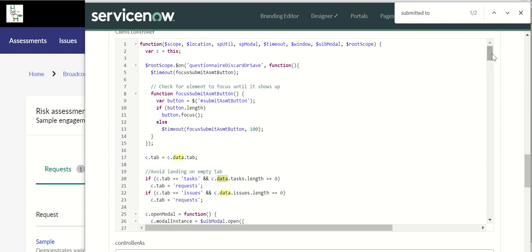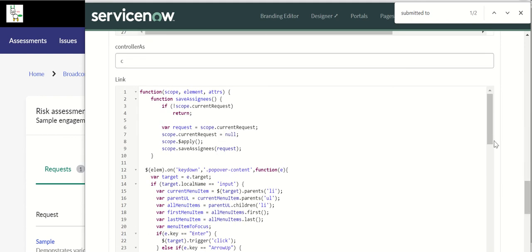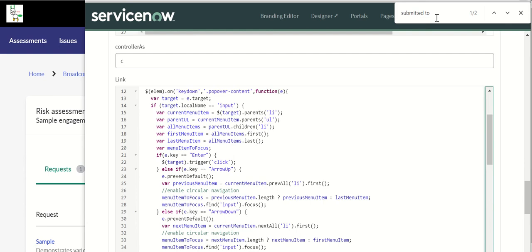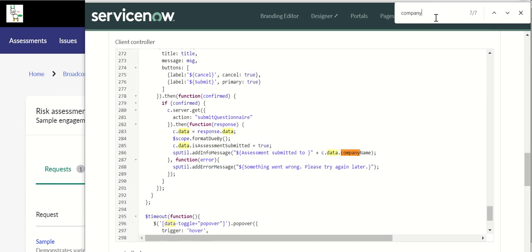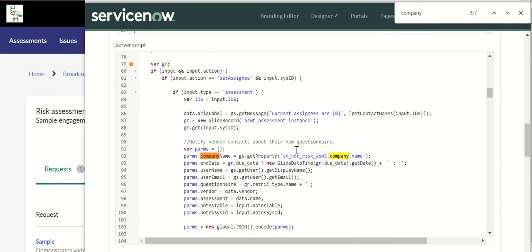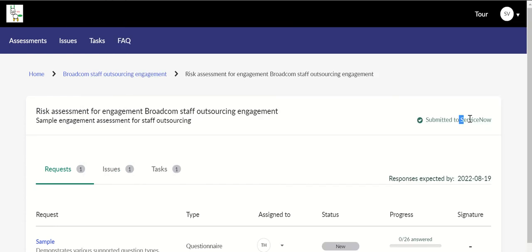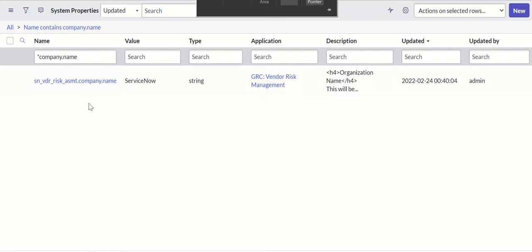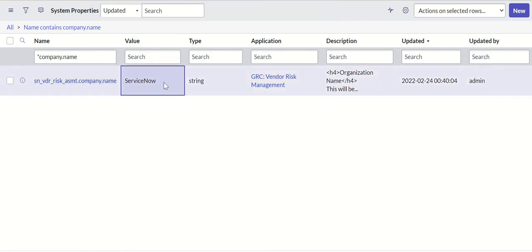So it's coming from here, company, and then the parameter that is retrieving this is sn underscore vdr underscore risk underscore asmt dot company dot name. So whatever is defined here, that will be used to populate that. So what that means is, here it says submitted to ServiceNow. So if you want to change this, then you have to change the property. So if you go here and look for the property,